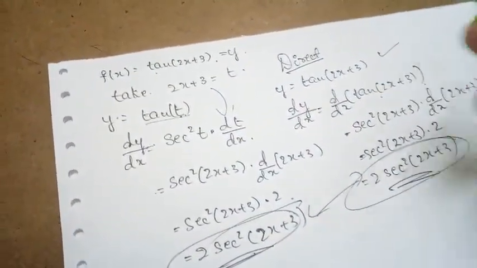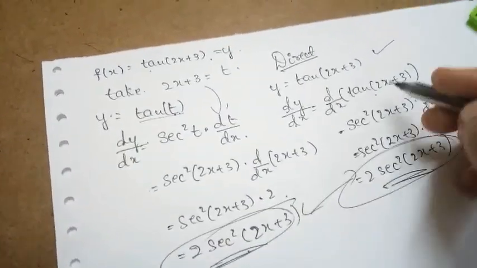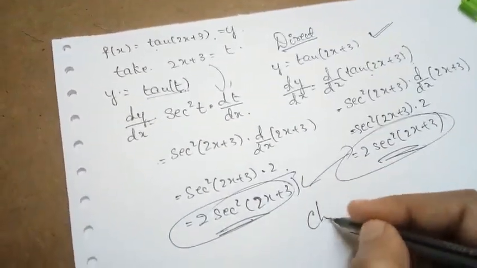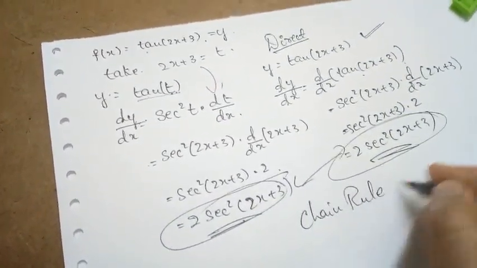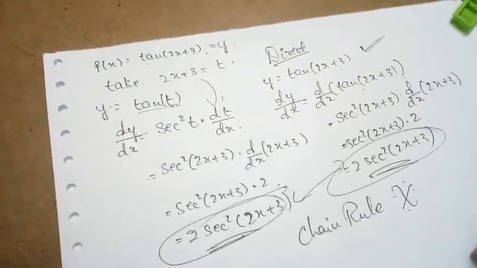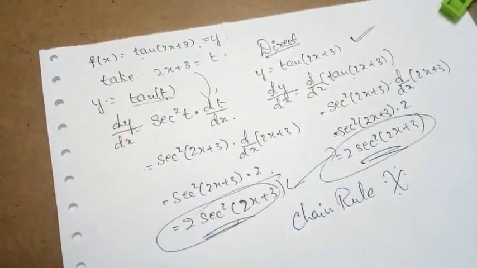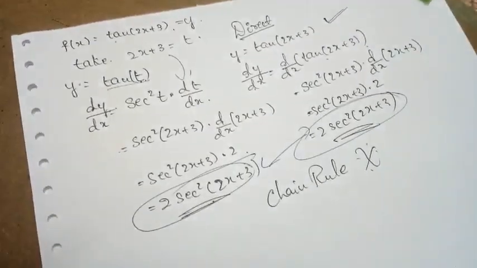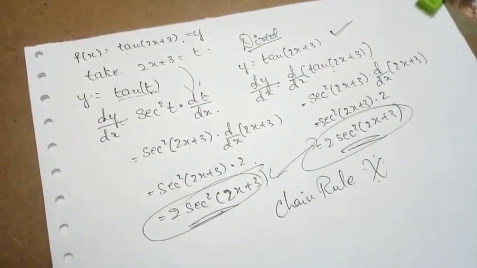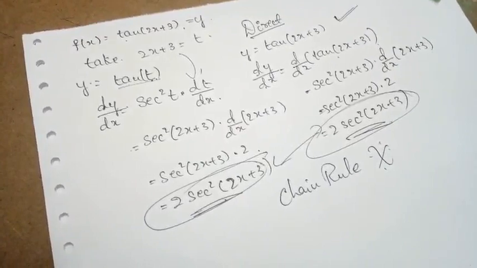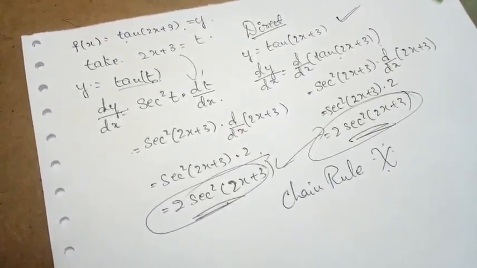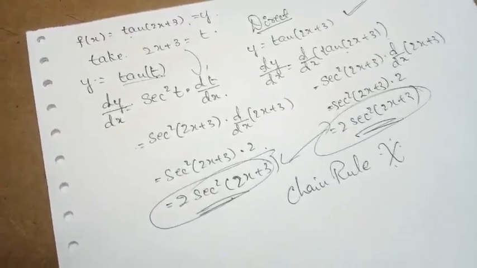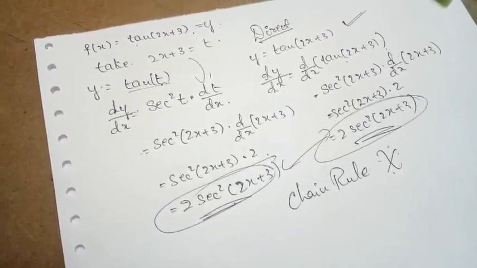You will adopt this one upon continuous practice. That I can say for one thing for clear, upon continuous practice only. The chain rule is one of the very basic and very important concepts to solve most of the differentiation. In each and every other topic coming under differentiation, to solve each and everything, the chain rule is very important. Whenever a composite function or a combination of two or more functions comes, the chain rule is a must. So it is one of the very important. Please understand this concept very clearly.